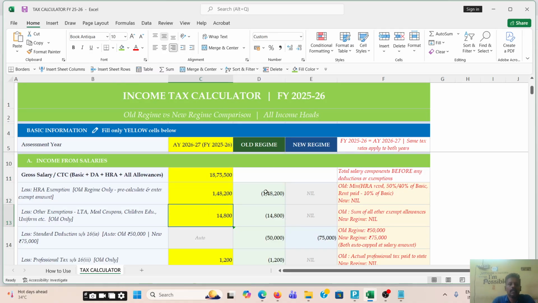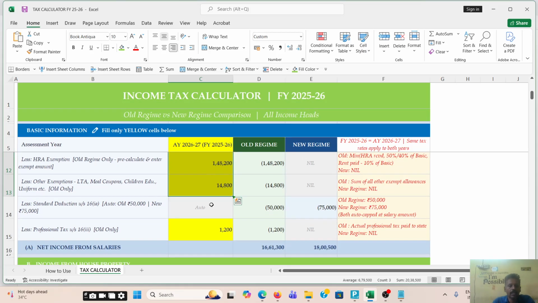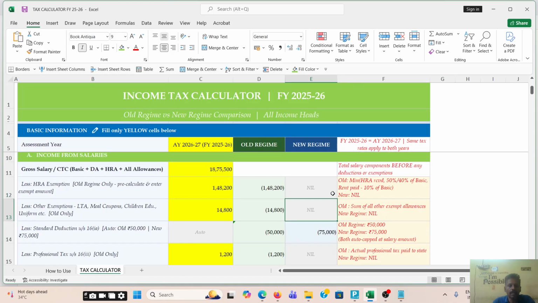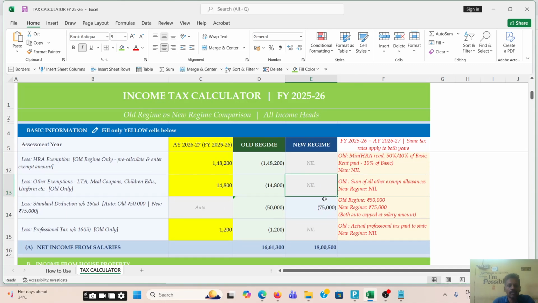Once you enter this, the tool automatically finds out whether it is eligible in the new tax regime or not. As you know, for salaried people, only the standard deduction is allowable in the new tax regime. But in the old tax regime, it is all allowed. So once you enter the value, it automatically captures old tax regime values and new tax regime values. You can see now, once I enter all the details, it is showing in the old tax regime where it is applicable, but in the new tax regime it is not applicable, right? Only the standard deduction is allowed, so only that standard deduction value is deducted.